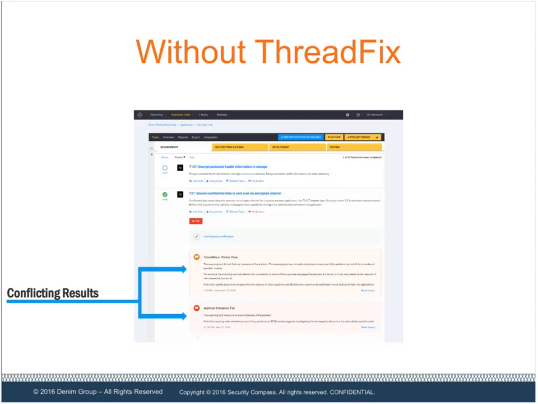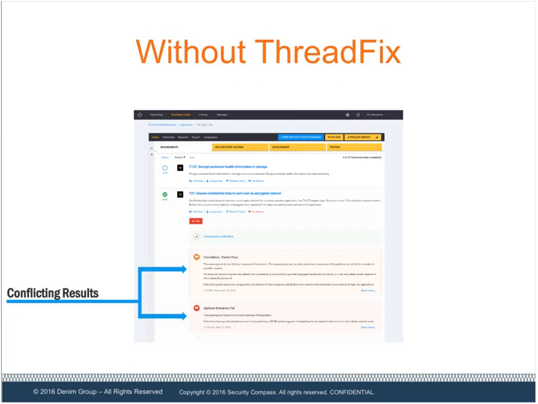mappings. What we see is there's a number of different scanners on the market. Companies want to reduce their risk by employing multiple scanners because they all have different findings. They all address different threats. There is a lot of overlap, obviously, but companies find that they want to reduce their risk by using multiple scanners. And if you're using ThreadFix to manage those multiple scanners, basically in SD Elements, you only